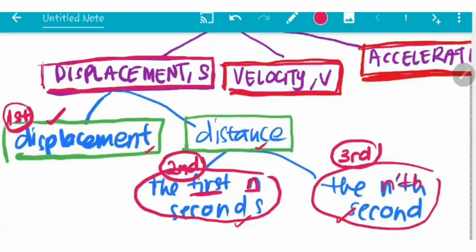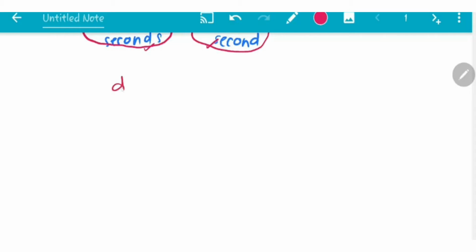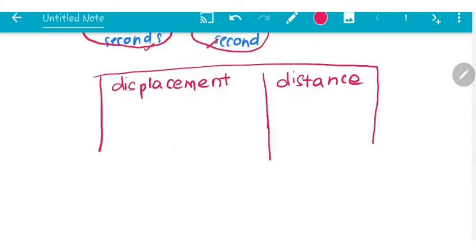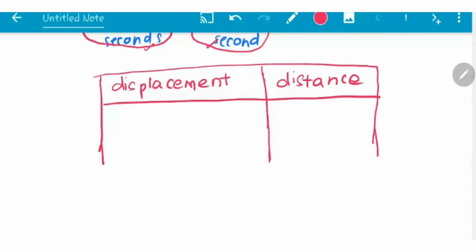Alright. Sekejap. Okay, kita ada displacement. Kita ada distance. Okay, displacement and distance. Both, the symbol is S. Ini banyak bendanya. Hai, notification ni banyak sangat. Okay, so